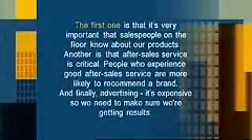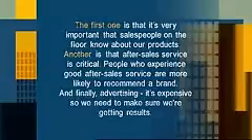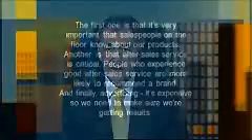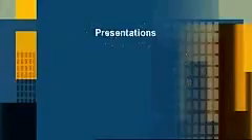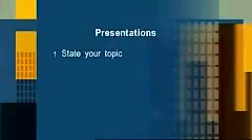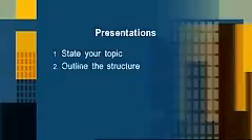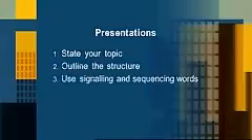Notice again how Tan uses signals for his conclusions. His audience can clearly hear that there are 3. He says, the first one, another, and finally. Notice also how Tan uses adjectives to make his points. You shouldn't use the same words all the time. What are the adjectives? They are important, critical, and expensive. So, to summarize, state your topic, outline the structure of your presentation, use signaling and sequencing words,